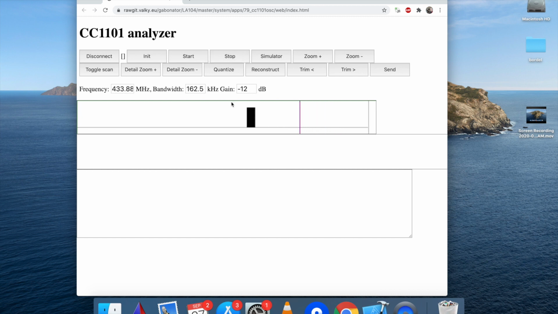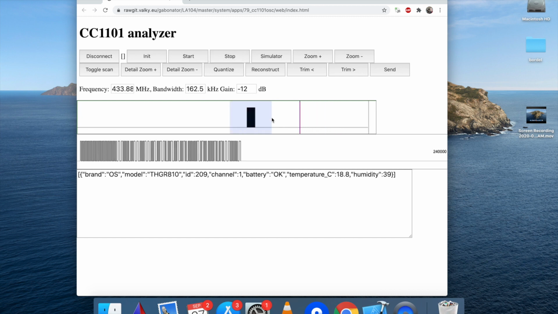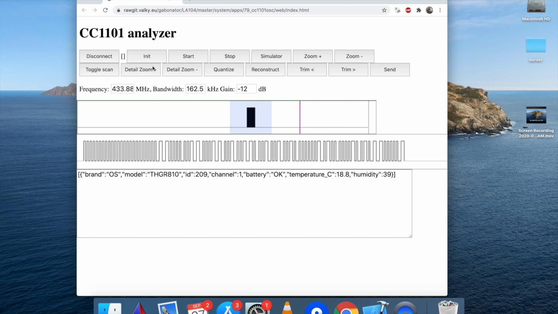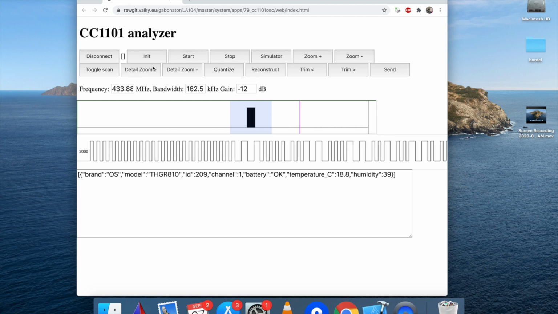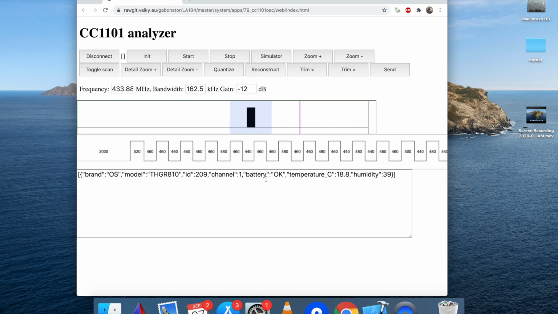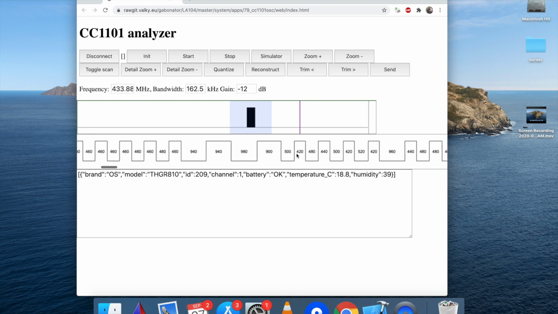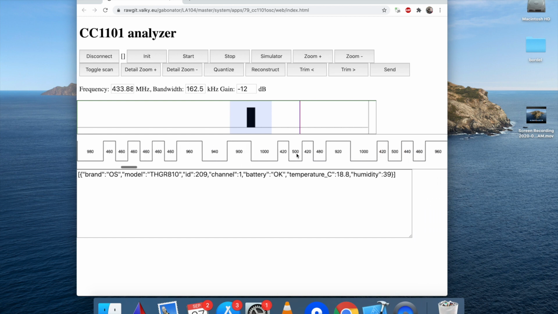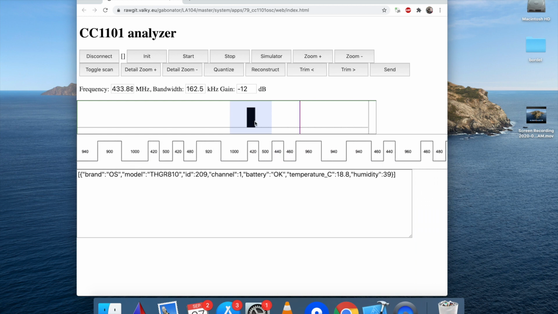The best part of this application is the integration of RTL433 library, which can decode signals from more than 160 various wireless devices, including all popular weather stations, wireless keys, motion and door sensors, and many other. And yes, all of this runs right in your web browser, no matter if you are using Windows, Linux or Mac.